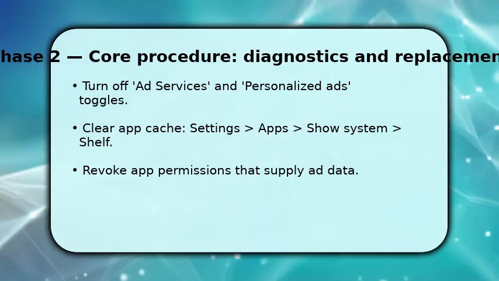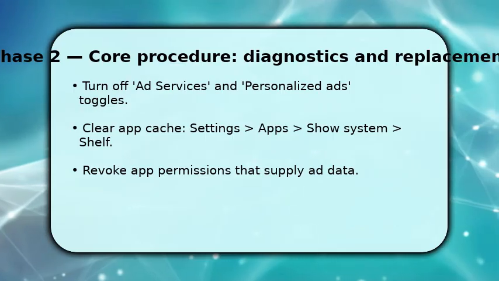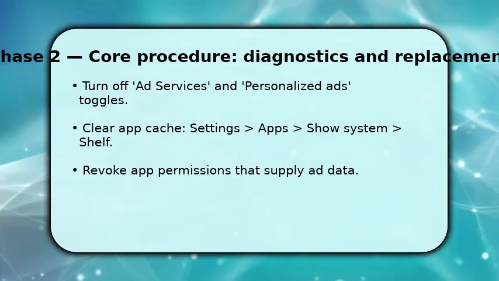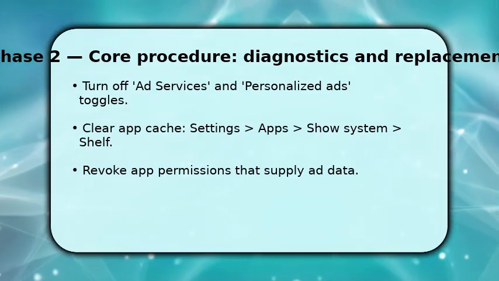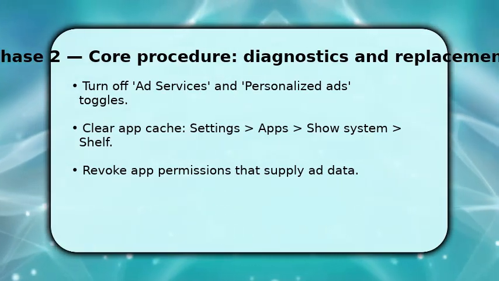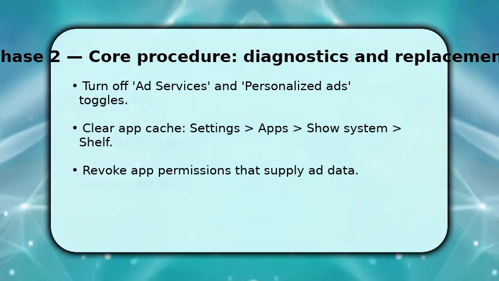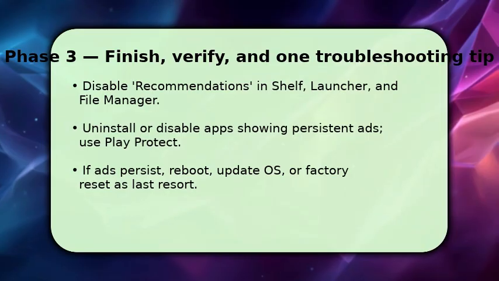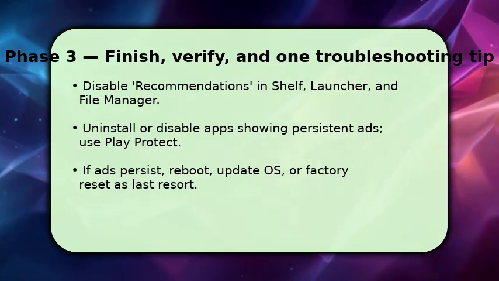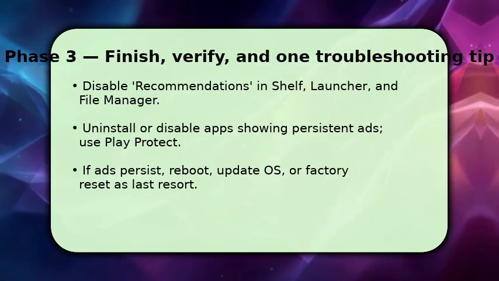Make sure to revoke unnecessary permissions like microphone or location for apps that serve ads, because blocking data flow reduces ad relevancy. And finally, disable recommendations in Shelf, the launcher, and File Manager to stop promotional cards. This addresses UI-level ads. Uninstall or disable any third-party apps that still show persistent ads, and scan with Play Protect